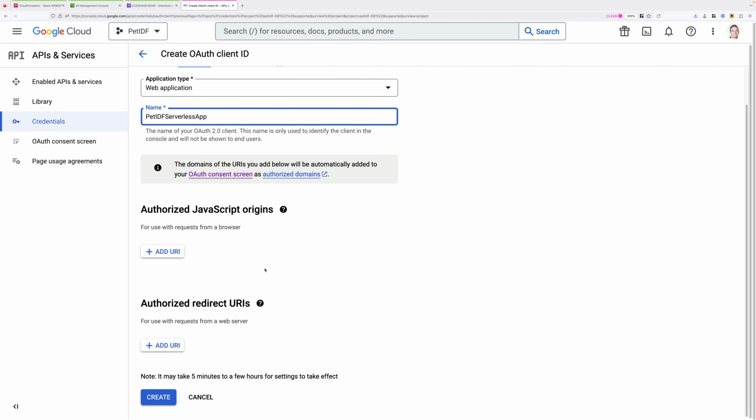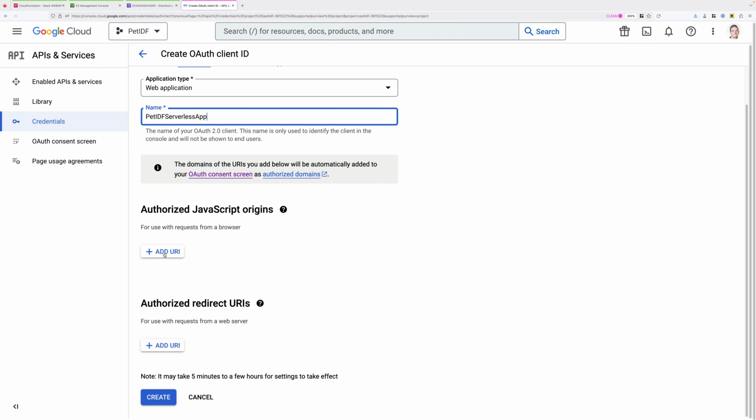And then we're going to scroll down, and also on this screen we need to make one other change. We need to add an authorized JavaScript origin. Now this serverless application is running from the app bucket, but it's fronted by CloudFront to provide HTTPS capability. So we need to enter the domain name associated with the CloudFront distribution into this authorized JavaScript origins box.